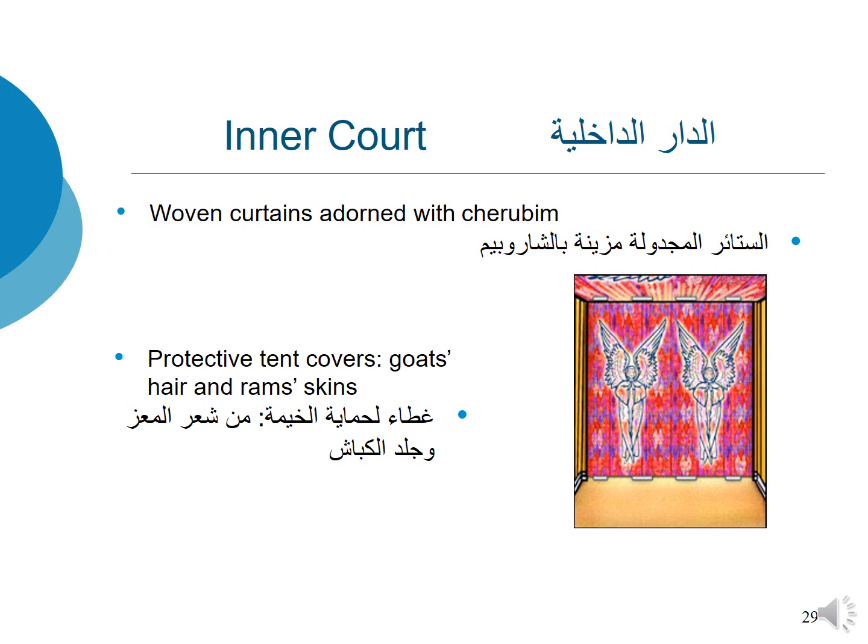The woven curtains of this first layer of the inner tent were adorned with cherubim. These were a very special category of angels. And then after this first layer of curtains, which is the first covering of the tent,